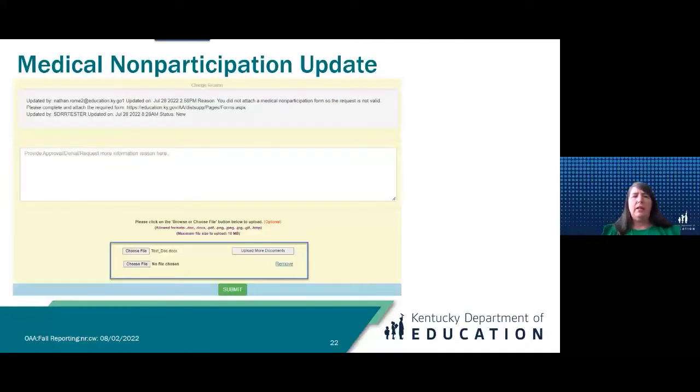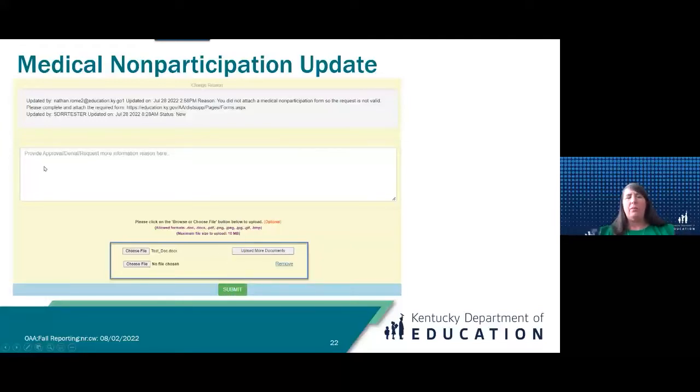And that's what I was saying. For example, if the form you were requesting was not valid, here's how you could do it. You can click on that update and choose the file and then upload and submit that information to us.